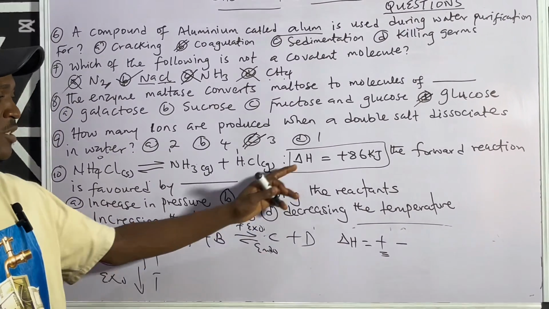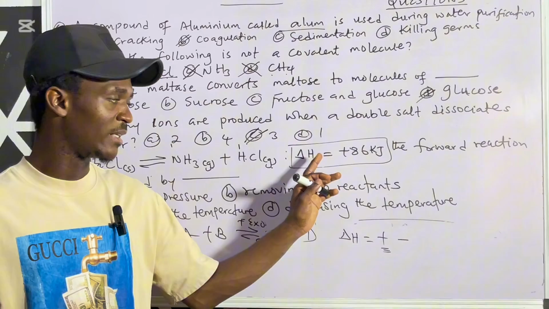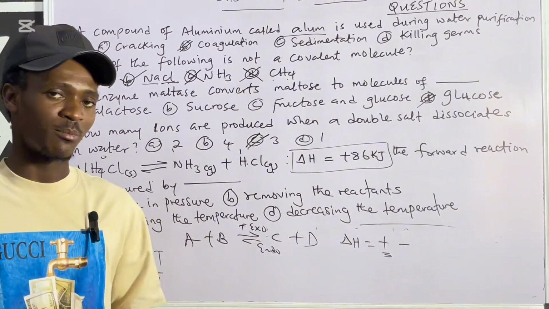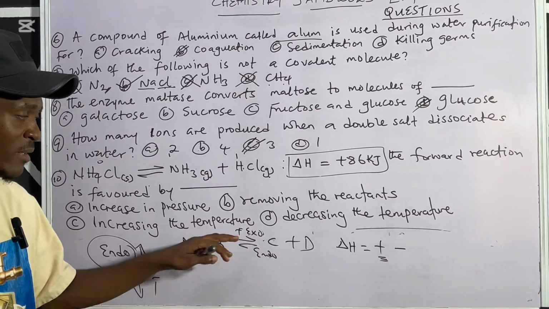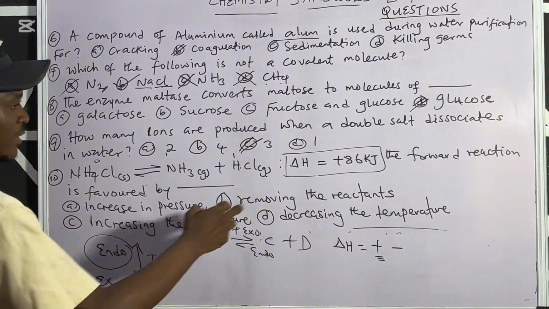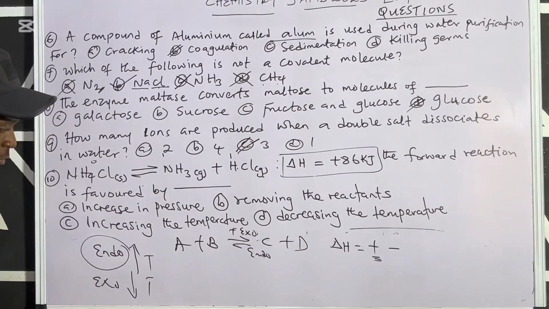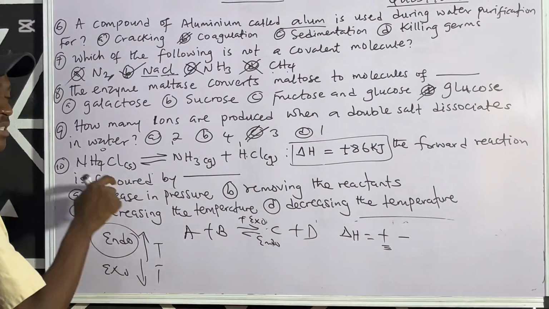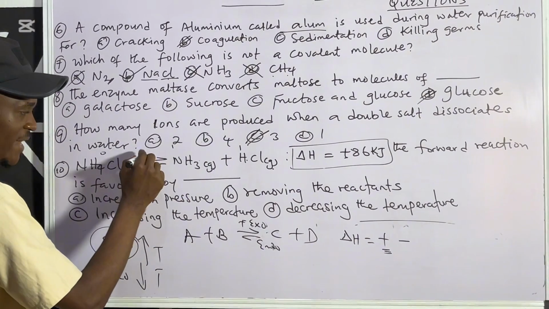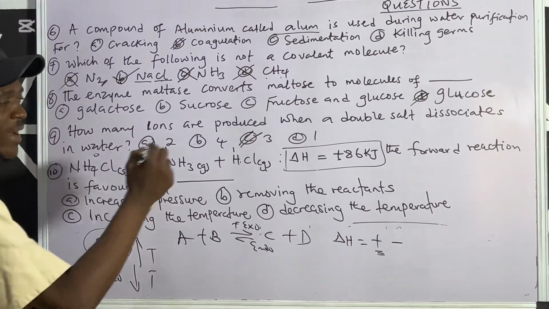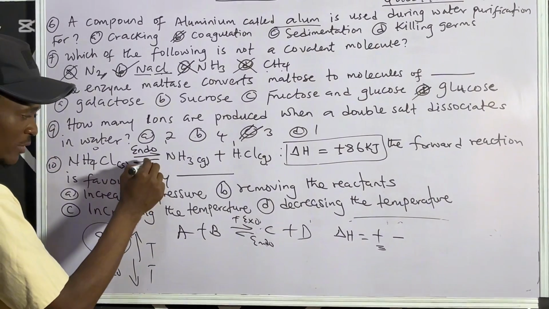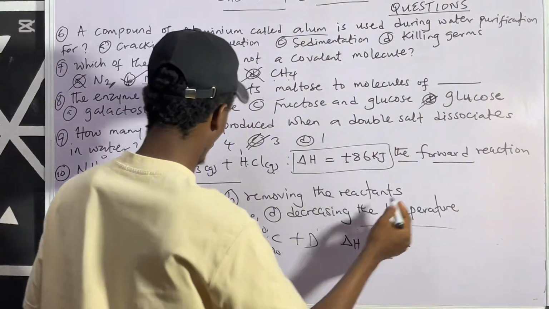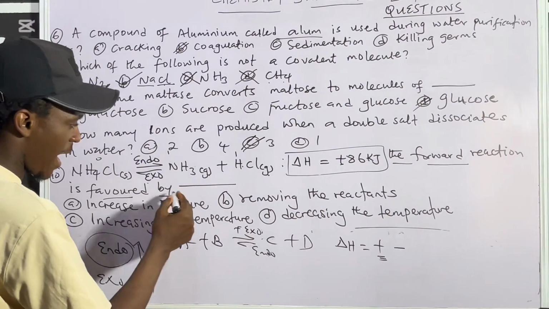So considering this now, based on the fact that we were given delta H, it means this should be ascribed to temperature. So you should focus on temperature in the options. So delta H is positive. From what I've explained, if delta H is positive, what does that mean? It means the forward reaction is what? Endothermic. Then the backward automatically will be what? Exothermic. And what did they ask us?